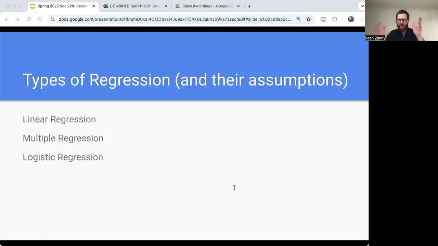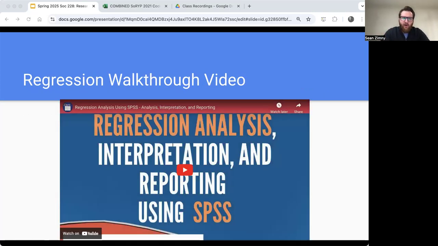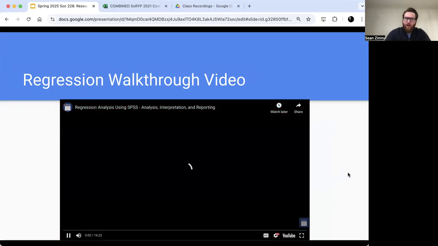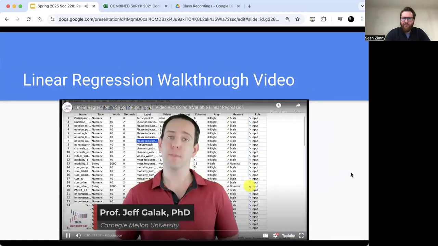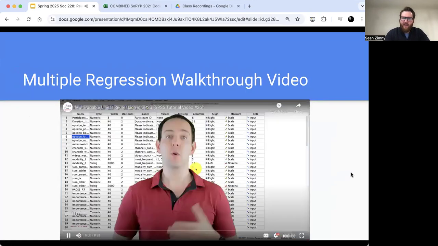Does it increase or does it not? So, more simple, looking at things in a binary way. Again, I mentioned videos. There are a couple of regression walkthrough videos that I want you to watch. They are, again, linked in the slides. We're not going to watch them here right now, but there are a few different ones that can be helpful